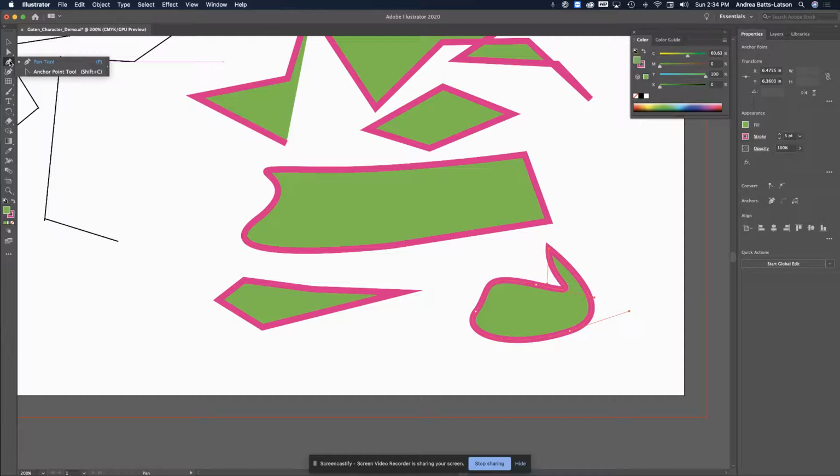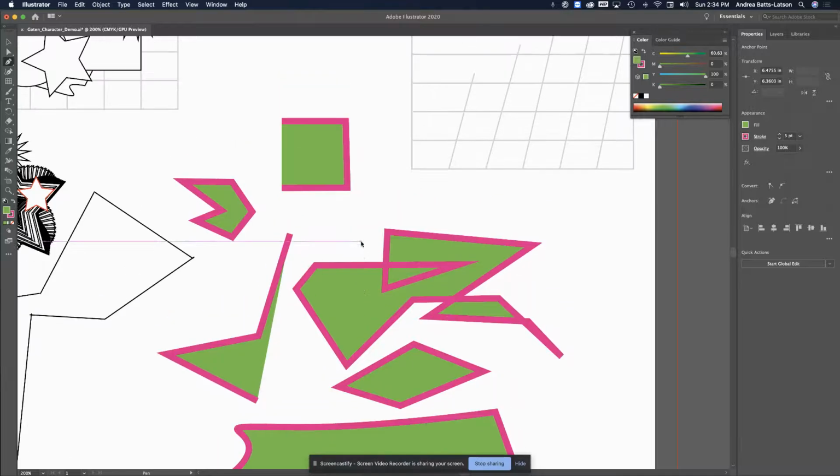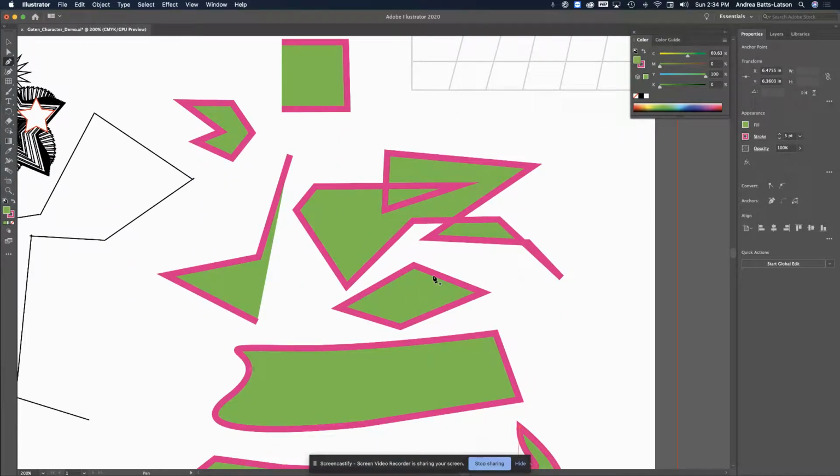Oh, if we want to manipulate the points, let's say right here, the one that we did straight, this one, that we now want curves in it. So I can go up to the pen tool and click on this anchor point tool, or I can hit Shift C, whichever one works for you. And now I can hover over any line. And once I hover over it, you're going to see that black arrow and this little curved path with points below it. Now I can bring it out and manipulate these points or this path by just